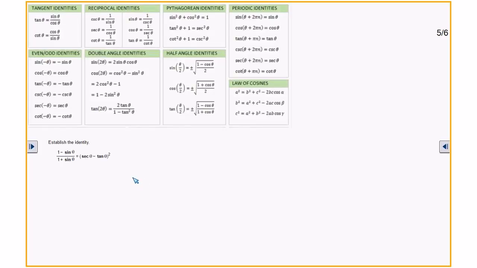Let's try that. But the sine is going to be equal to 1 over the cosecant. So that'd be 1